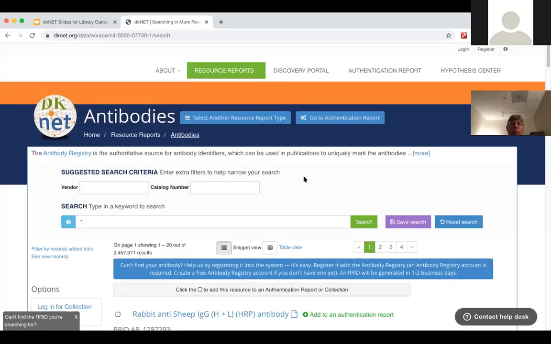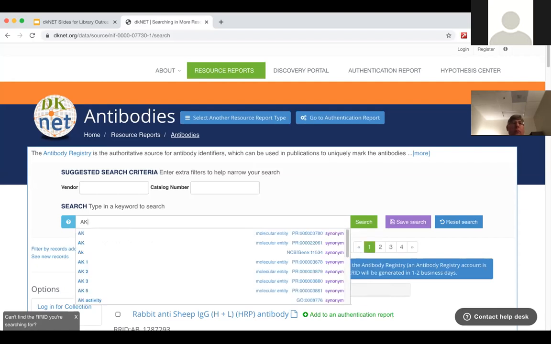So they come to the search page. They can either type a keyword such as target antigen, or we suggest if they already know the vendor information and catalog number, they can input the information there, so it will be easier for them to find a specific antibody.